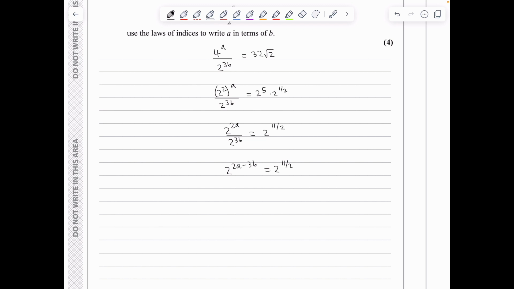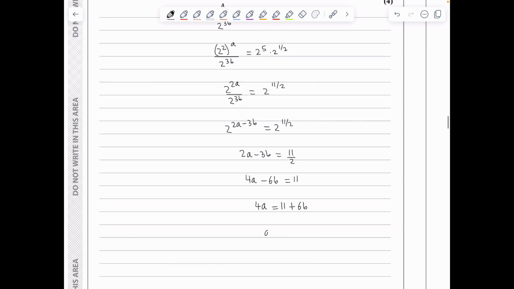So we've got 2a minus 3b is equal to 11 over 2. I will multiply throughout by 2 to get 4a minus 6b is 11. And therefore 4a is 11 plus 6b, which means that a is simply 11 plus 6b and all of it